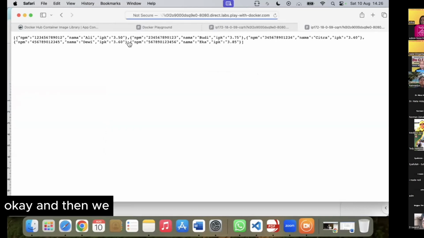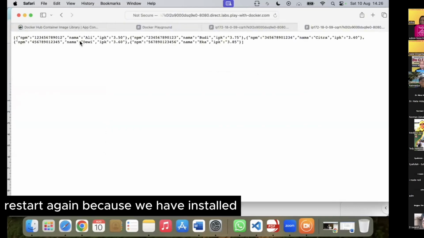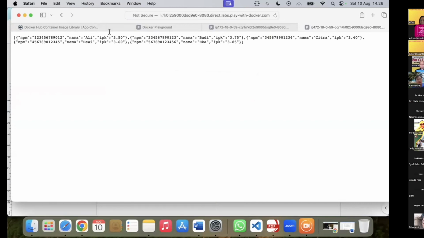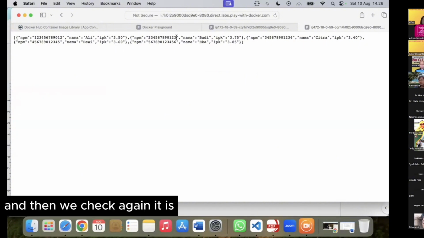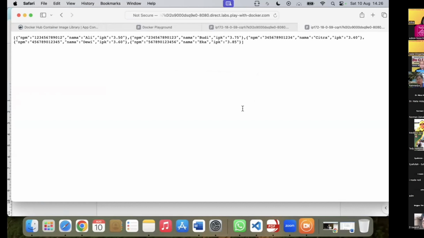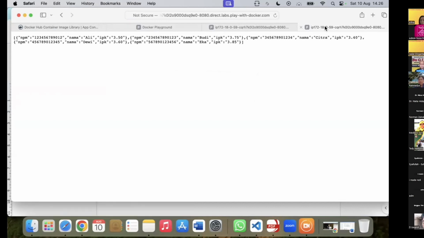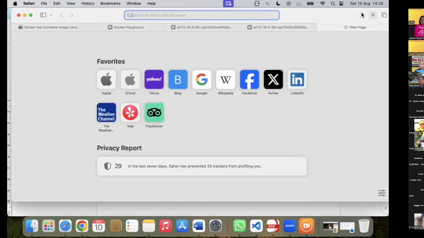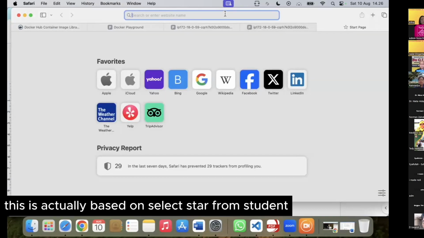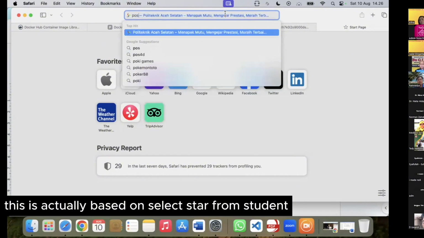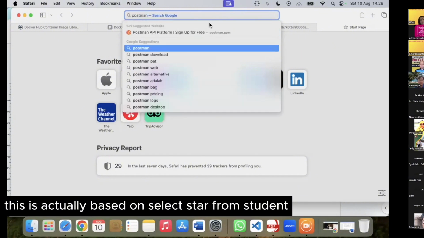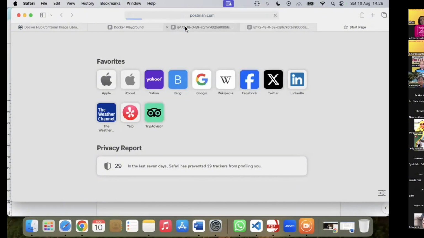Okay, and then we restart again because we have installed the module, and then we check again whether we can open this data. This is actually based on select star from the student table, siswa.